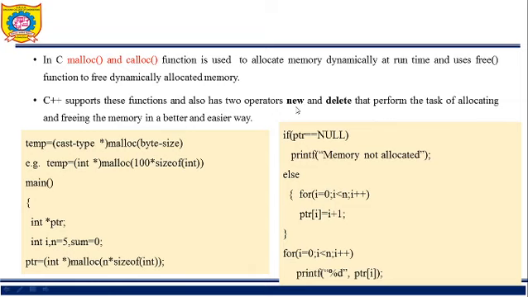What about deallocation? Deallocation means cleaning up the memory used by the variables. This is also the responsibility of the programmer. So how to deallocate that memory? In C there is a function called free, which dynamically deletes the space used by the variable. It means that whatever elements are stored in that memory space get deleted, and that memory space gets freed for the next allocation.